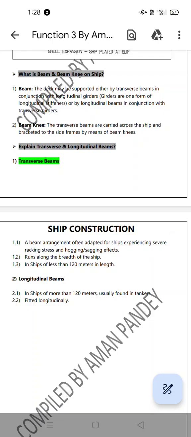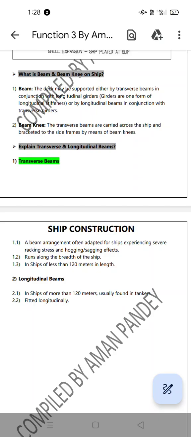Now, what is a beam? Beams are basically transverse beams which support the side shell, and they are used in conjunction with the longitudinal girders. The deck may be supported either